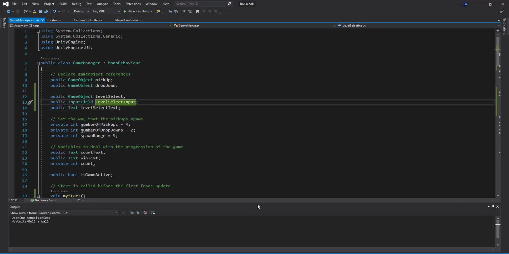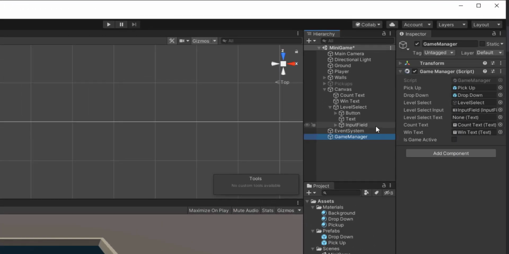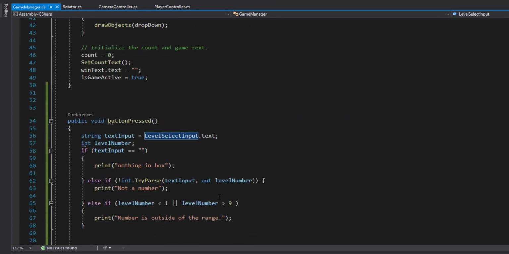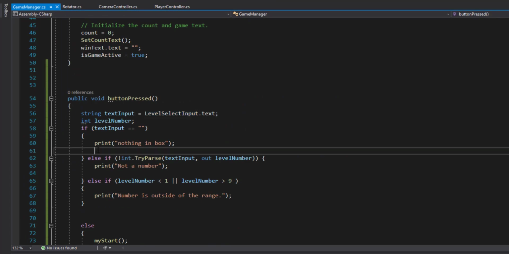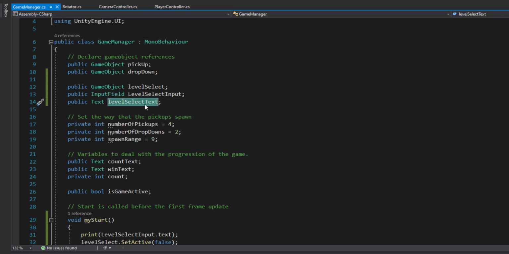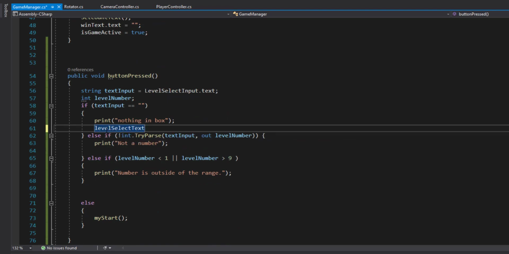Save that. I'll go back to Unity and associate that. Give it the reference. So we go to Game Manager. You see there's one not there, so we can go get that text field and put that across. Okay, save that. Go back into Unity. And now it's quite simple. We go down here, and all we have to do is, not print, level, what's it called? Yeah, level select text. So we'll say level select text dot text